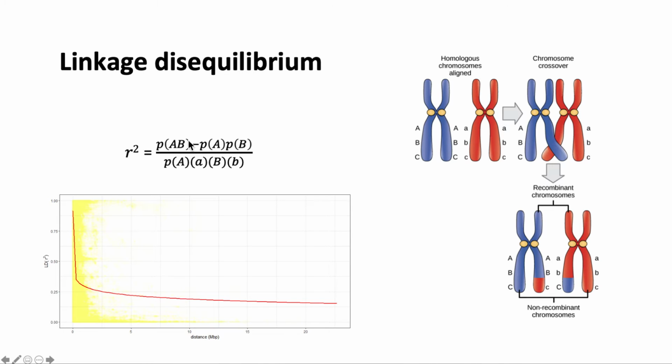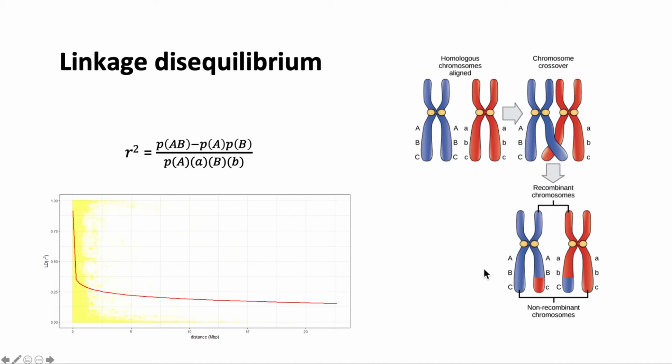So here we have the probability to get one genotype with the big A and big B that are here in this chromosome, and then you have to subtract the allele frequency of big A times the allele frequency of big B, and then you just have to divide that by the probability of all the alleles. And I don't want to go over that formula in detail, but